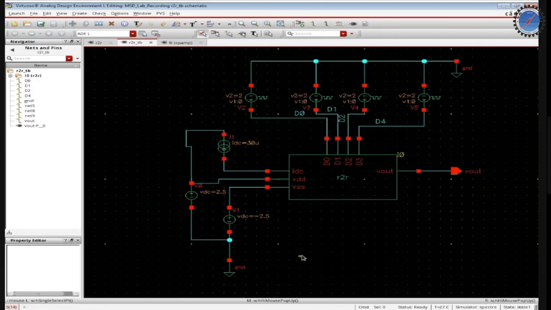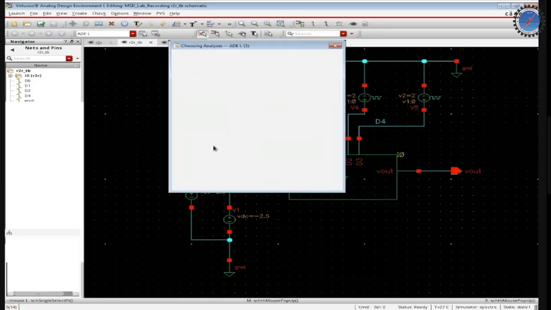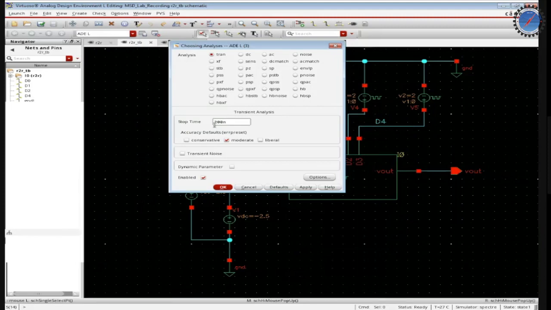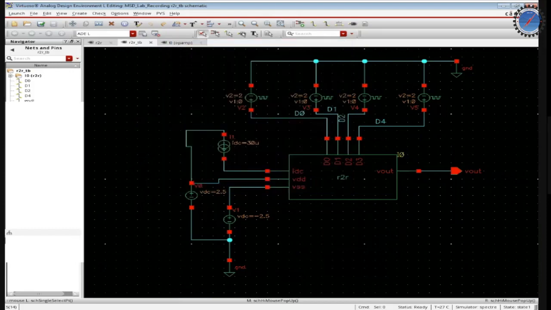All right, and then we can run this. So you launch the analog design environment, ADE. All right, so here a transient simulation will suffice. Okay, so here you saw that the period of the MSB was the largest, right? 80 nanosecond was the largest. So twice that, at least twice of that you have to give, meaning at least 160 nanosecond you have to do the simulation. Here, just as a round figure, 200 nanoseconds is given for the stop time. All right. So that is the only analysis you will need for this particular circuit.